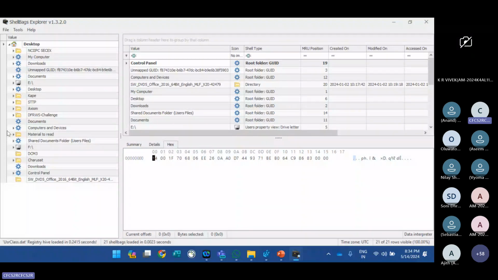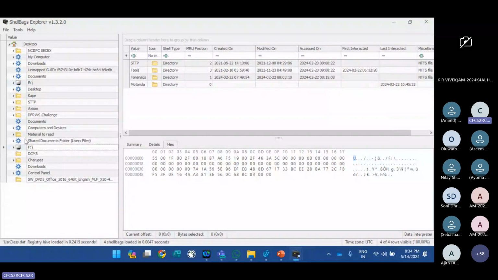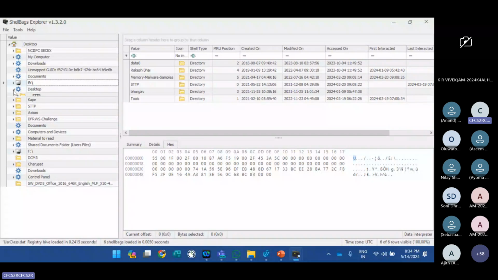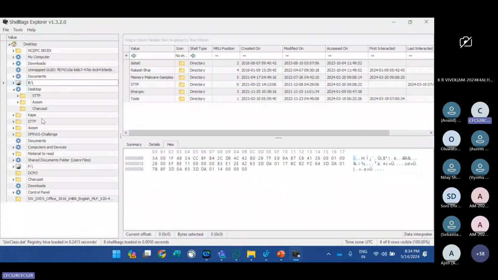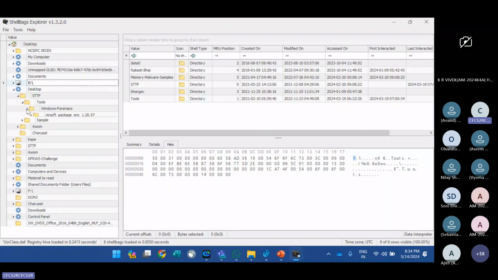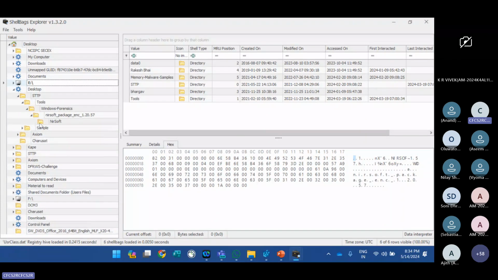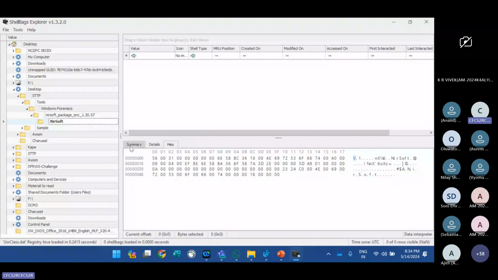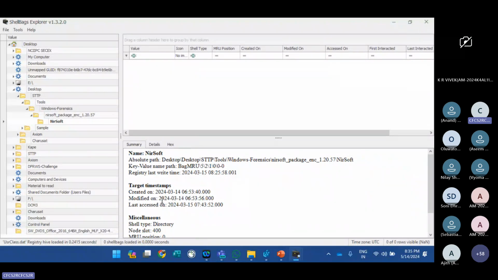What is it showing? That there is a drive E and a drive F, and in drive E there is a desktop. Desktop is separately shown, and there are certain folders: Windows Forensics, NetSoft package. So you can see that a lot of information can be taken from this. On 14th March 2024, the file was created. In this way you can use Shellbag Explorer